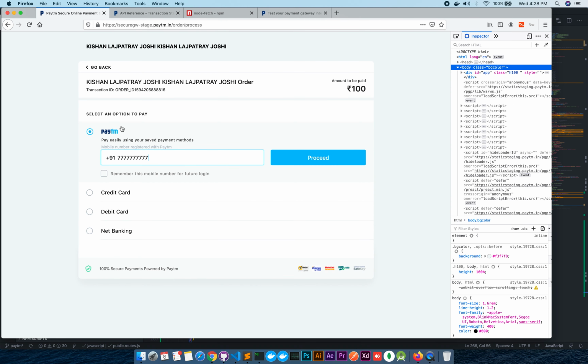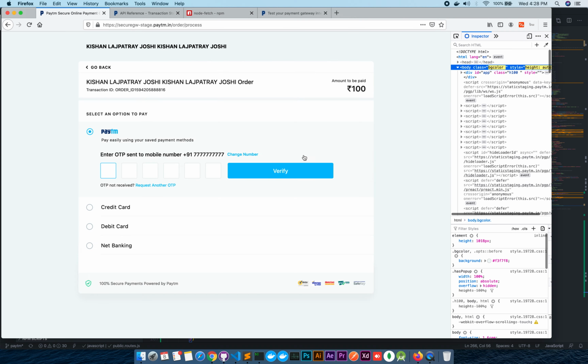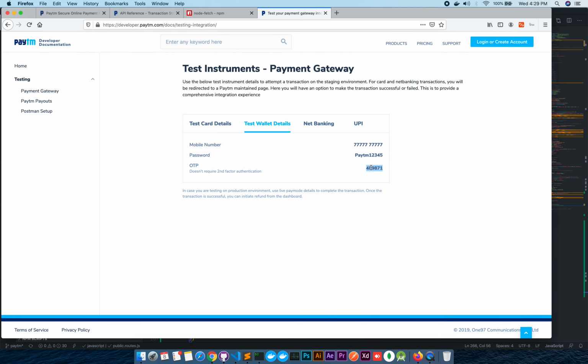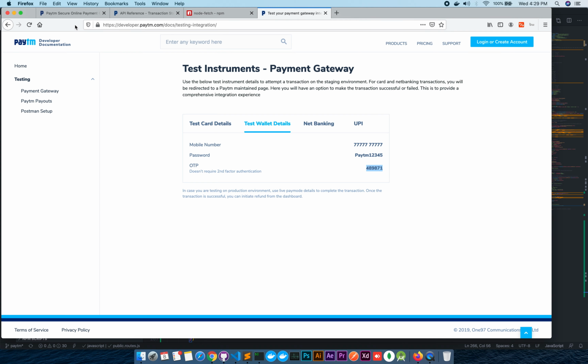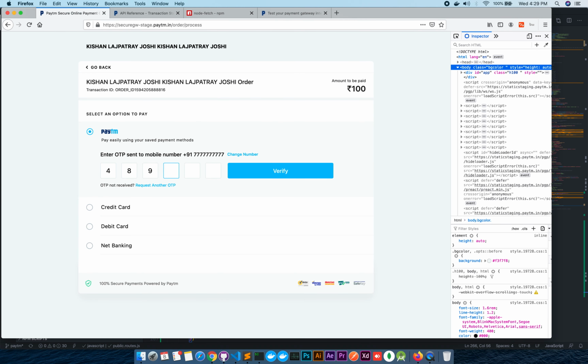I'm going to pay through this 777 process, and then I have to type the OTP. I think the OTP is the same for all users: 489871, and then verify.